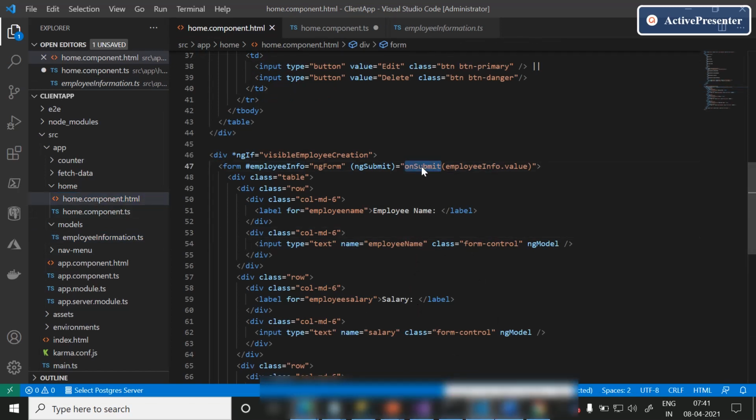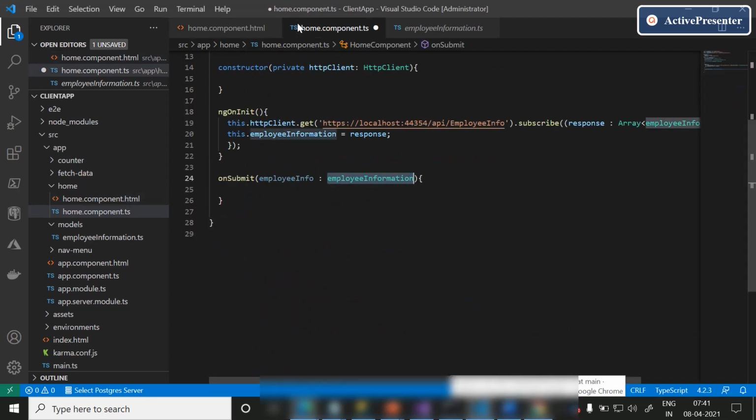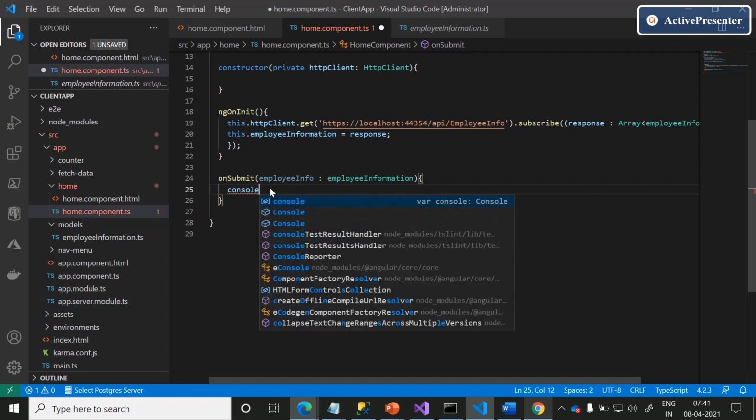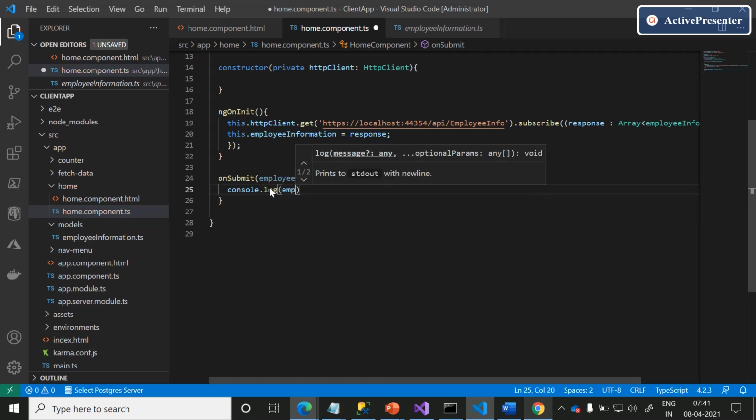Now we have an event, and a function to handle the ngSubmit of this form. Now, to make sure that on submission of employee information we are getting all the form values or not, we'll add a console.log to verify the employee info values.